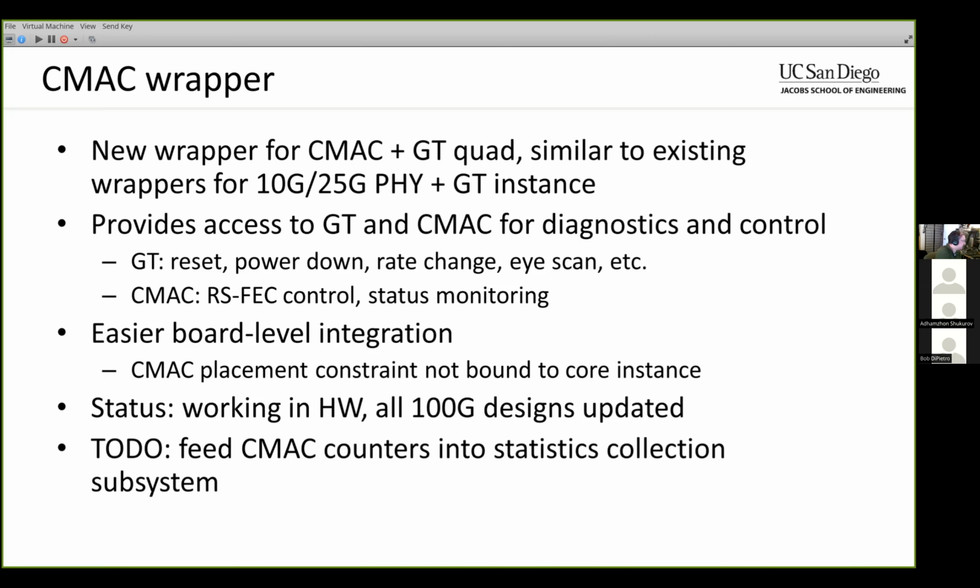I didn't realize you needed to do that because it wasn't detailed in the documentation, but it is in the standard CMAC wrapper. When you generate both the CMAC and the GT, it has a little reset watchdog that resets the receive side, I think every 750 milliseconds if it hasn't locked. So that's been implemented, and things seem to be working with that setup.